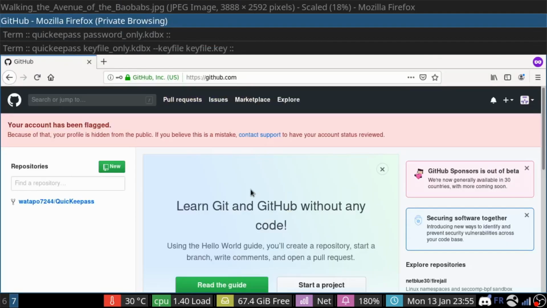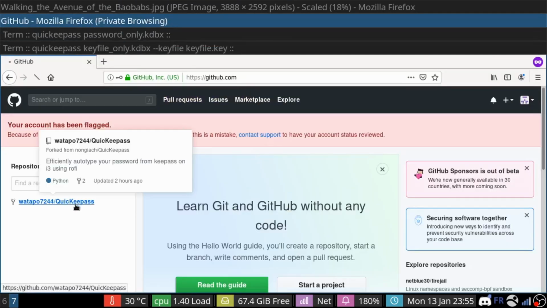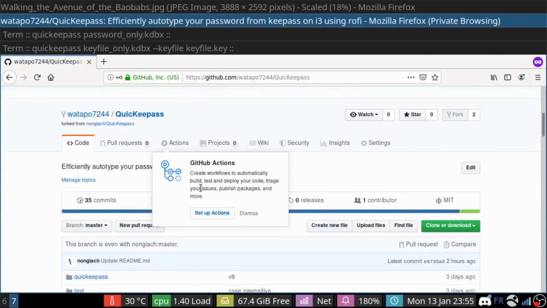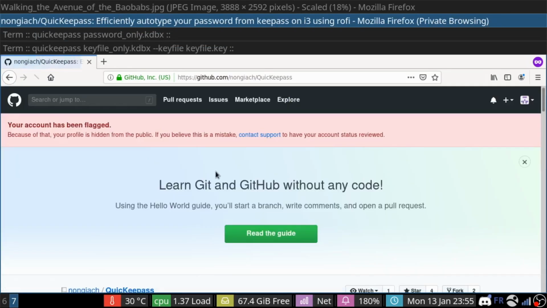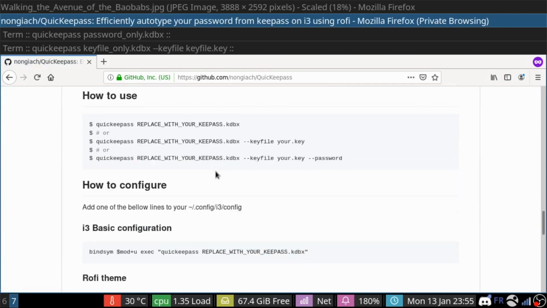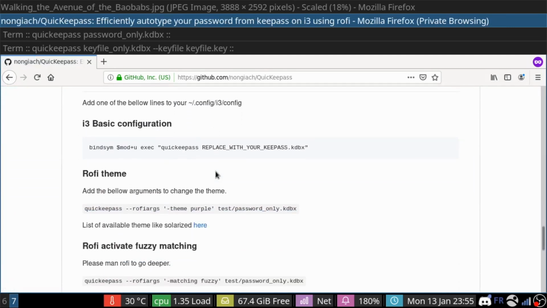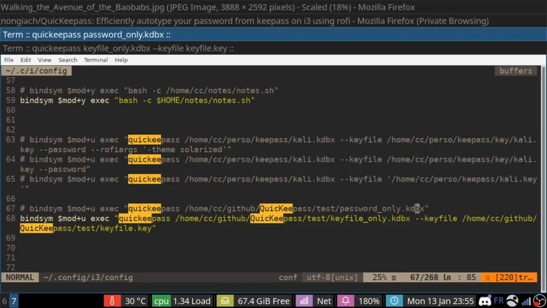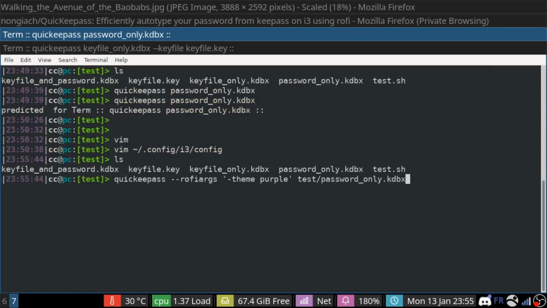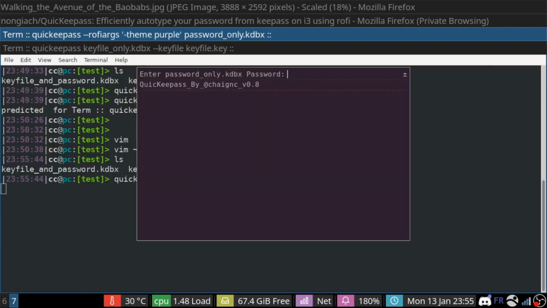Now if you want to go a bit further, you can even add some style to it. For example, if we want to change the color of the GUI, for example to purple, here there is an example. Here we go. We have a purple window this time.